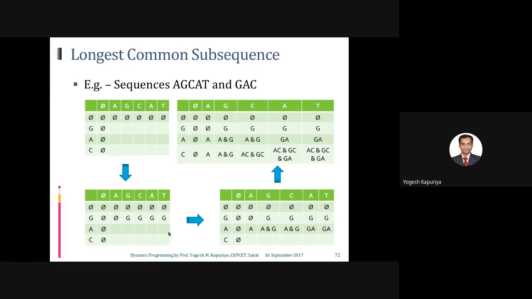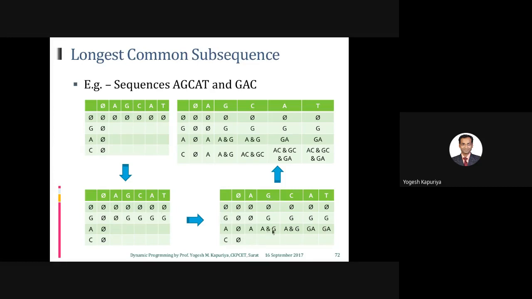So by this means you can compute for the entire table, and whatever value you are getting in the last cell, last column, similar to the previous approaches, that will be your result. So let's continue with this. After the first, second iteration, you will have this state of table. In the next iteration, what happens? Obviously, you are interested in this cell. So what it is, A and A, they are matching. So diagonal value you have to look at. So that is null, plus 1. So that is A. So you will find A.